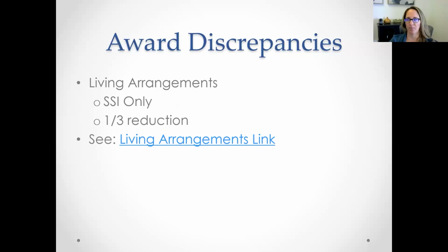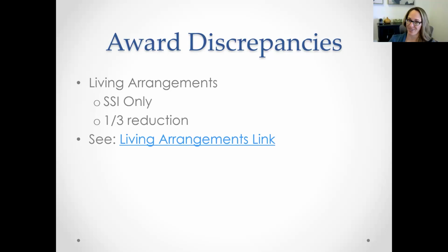And then also remember, we talked about SSI. The maximum amount right now for SSI that you can get in a month is $967. That's if you're living by yourself and you're on SSI and you get the total amount. However, if you're living with someone who's providing you food and shelter and you don't have to pay them rent, let's say you're living with a friend or family member and they're covering you, and they're just really nice people and they just don't make you pay rent or whatever, you will get your SSI monthly benefit reduced by 1/3 for getting that special living arrangement.